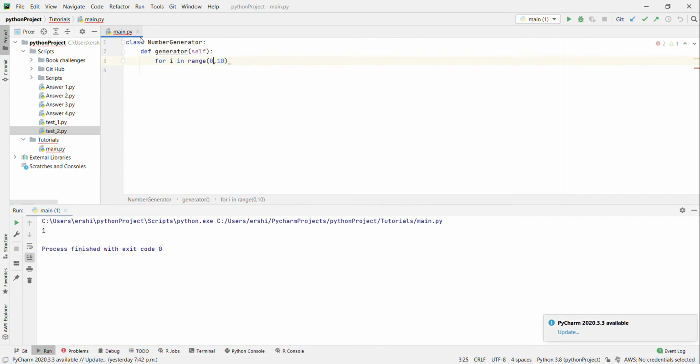If I start at 0, then it will loop around 10 times, but I want to start from 1, so I put the 1 in, and then I put 11. That's when it's going to loop 10 times. So that's my for loop. I'm going to put a colon at the end, and inside the for loop, if I print out i,